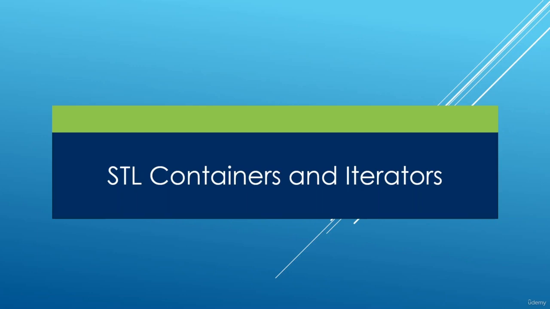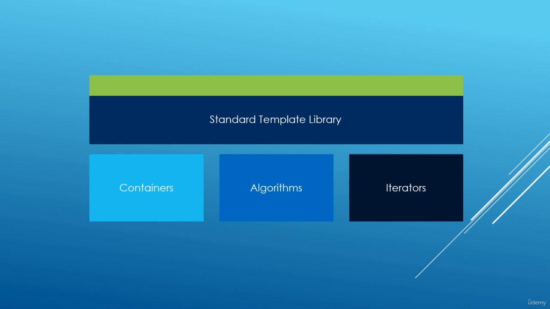I would like to welcome you in this new chapter where we're going to be learning about STL containers and iterators. Now, STL stands for the Standard Template Library, and it is a collection of tools we can use to make managing collections of data easy. It has three parts. We have containers, which is a set of collection-like types we can use to store collections